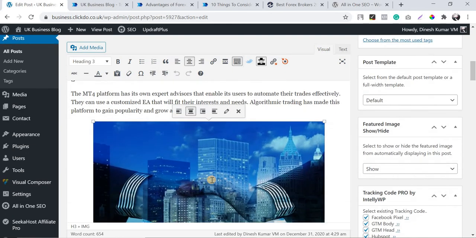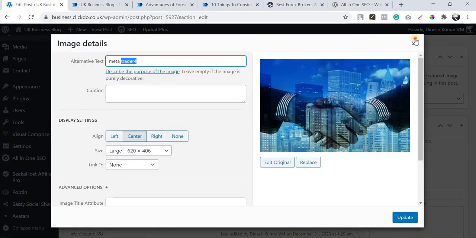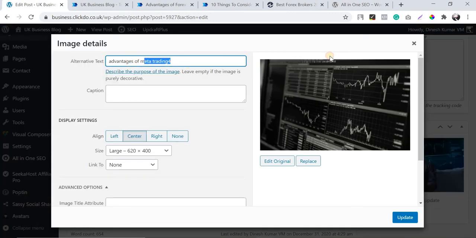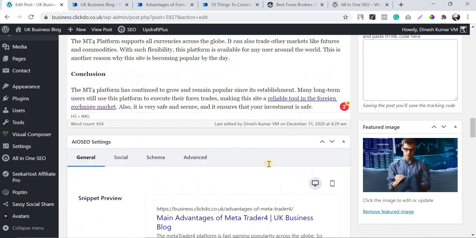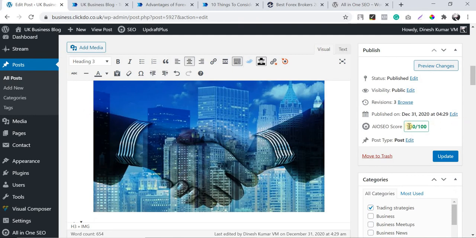So next is image. When it comes to image, obviously you can use open source images from Pexels, Pixabay, Unsplash, and that's the best thing. And even you can add more metadata and alternative text. When it comes to alternative text, it should be relevant to the title which you are publishing. So I have published about advantages of this particular tool, so I have just given alt text relevant to that. If you do all these things, obviously your on-page SEO score will be 100 out of 100. You can see I have done these very small things, but already the score is 100 out of 100. So if you are watching this video, if you are finding some ways to do the on-page SEO things perfectly, you can just follow these things.